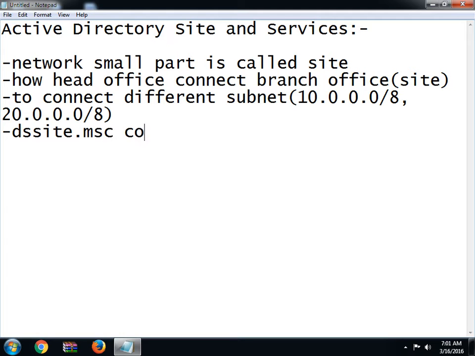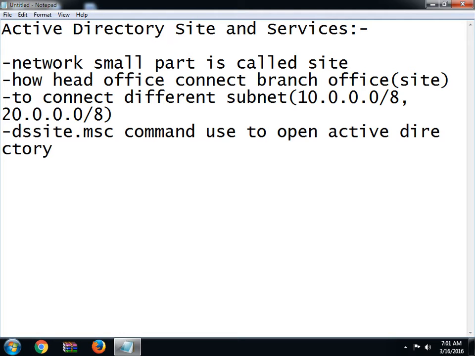DSSITE.MSC is the command used to open Active Directory Sites and Services. You can open it.